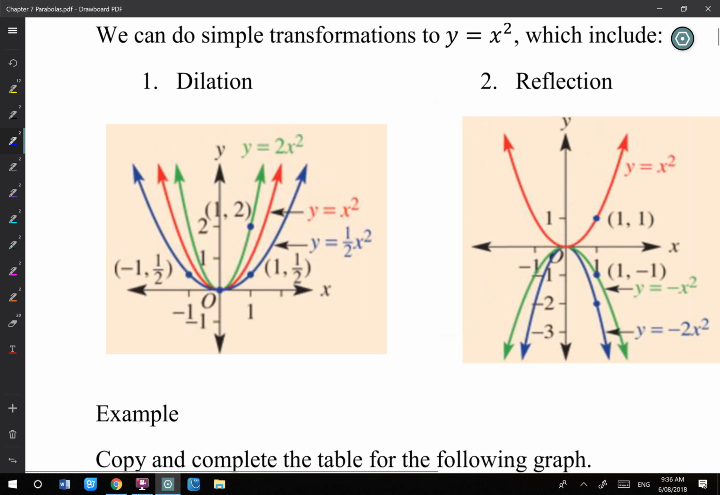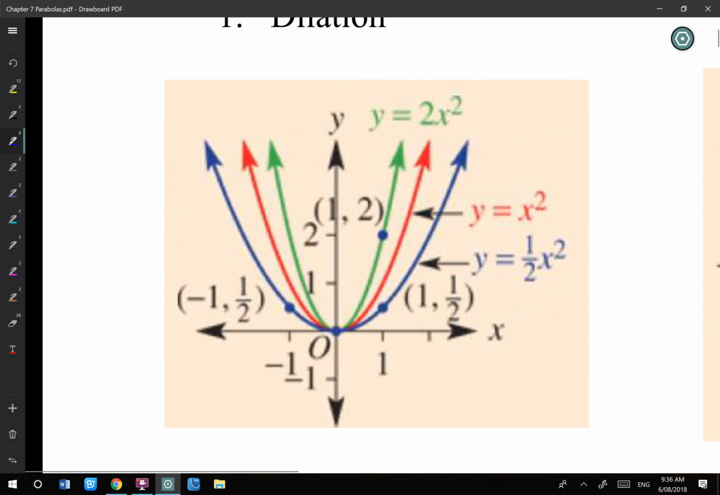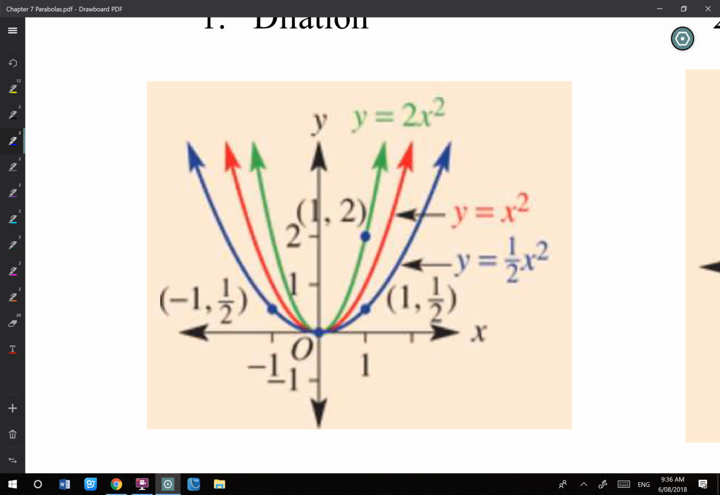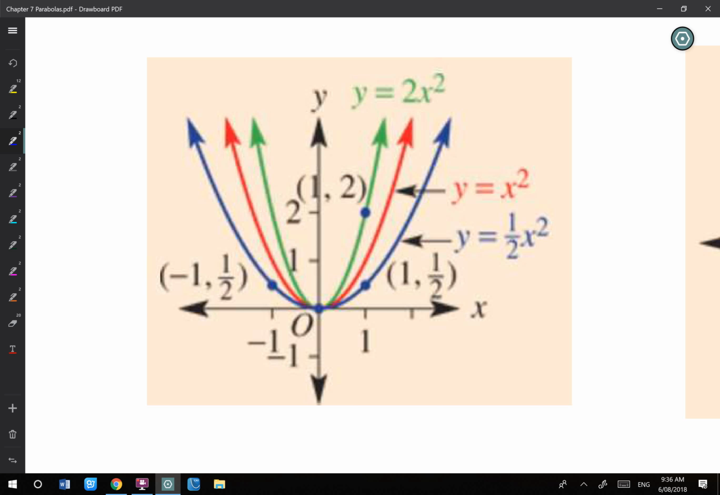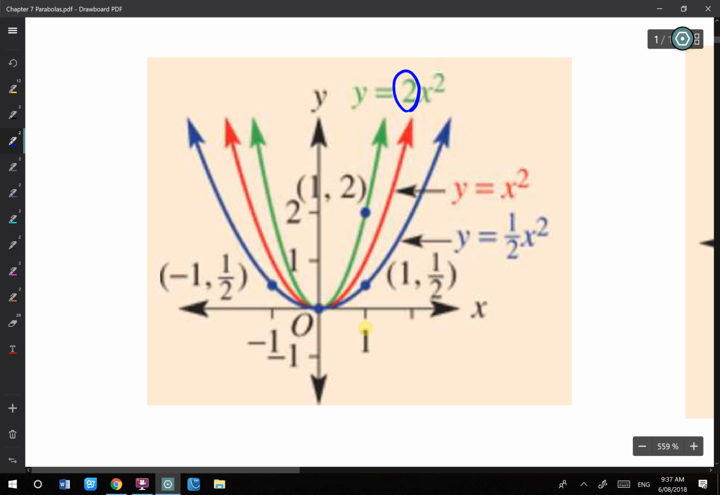So first of all, we see the dilation. You can see the graphs in different colors. The green one is y equals 2x squared. The red one is the original one, y equals x squared. And the blue one is y equals a half x squared. My question is, if we have y equals ax squared, where a is the coefficient, y equals ax squared, do you think the higher